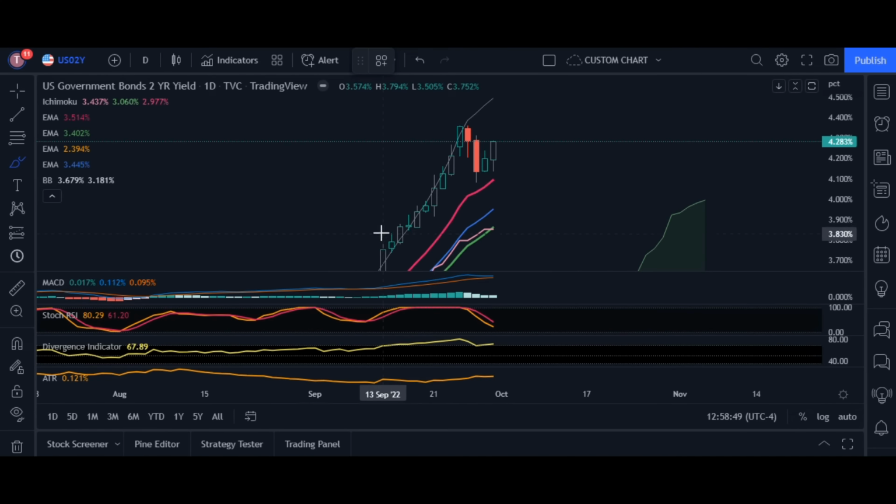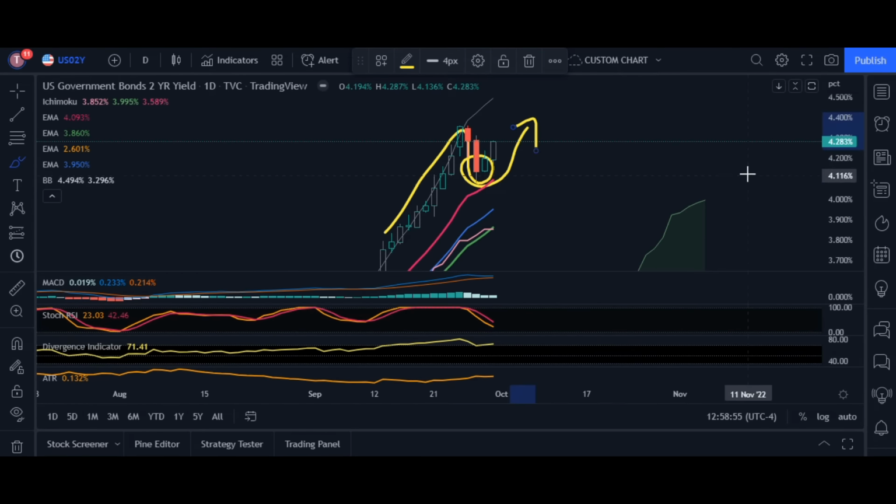The same thing is happening in the bond yield. When we talk about the bond yield, you can see a heavy bullish movement, then a cool down. It has cooled down, and now again it is moving up. Bond yield and bond prices work inversely. So when the bond prices come down, the bond yield increases. And why do the bond prices come down? Because there is a very heavy demand for the bonds, and people want to buy these bonds at some discount. So all you need to understand is that if the bond yield increases,